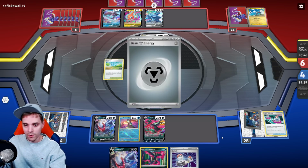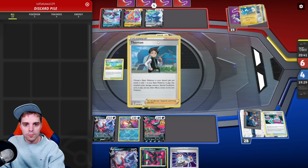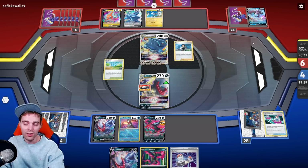You could technically set up another Magnemite. Metal Blast is not gonna KO us, which is super cool. There's Torton. Oh yeah, Torton Rare Candy evolved out would be so crazy. Lumineon. I could see Lumineon turning into a Magnemite, but not Rare Candy